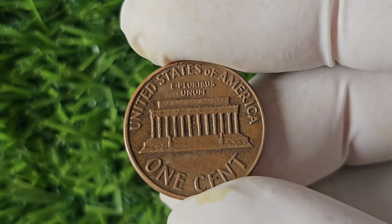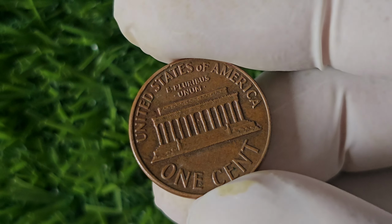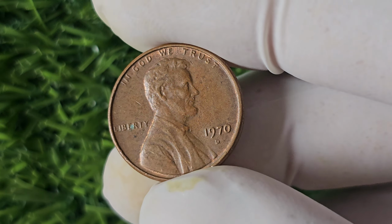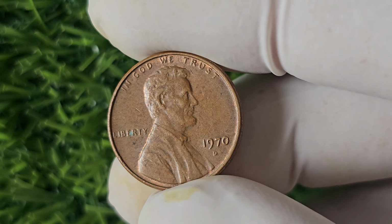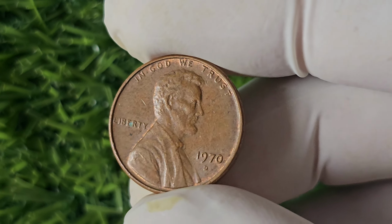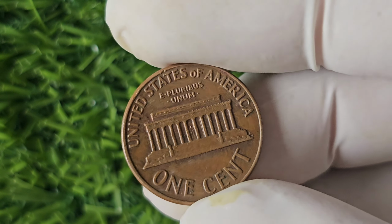Before we delve into the specifics of the 1970 mint mark penny, let's set the stage with a brief history lesson. Minted in Denver, Colorado, this particular penny is a rare find due to a production error that occurred during the coin-making process. You see, in 1970, the Denver Mint accidentally used a tool intended for the 1968 coins, resulting in a small number of pennies being struck with a mint mark. This mistake may seem insignificant, but in the world of numismatics, errors like these can turn a common coin into